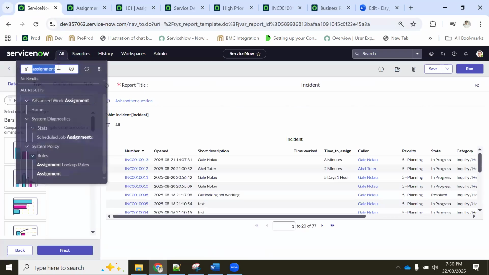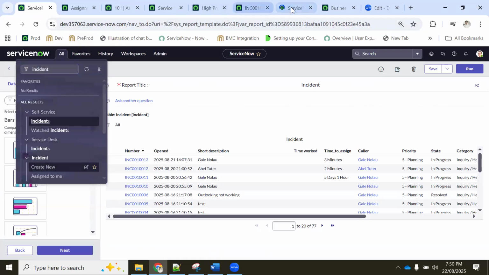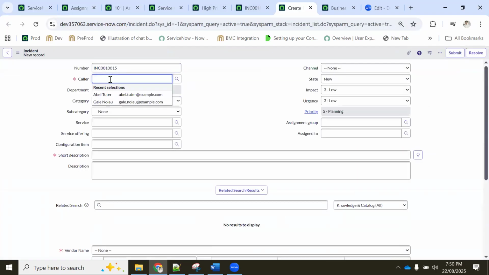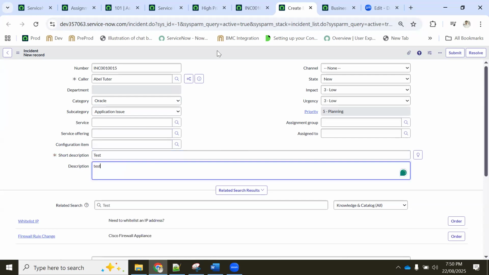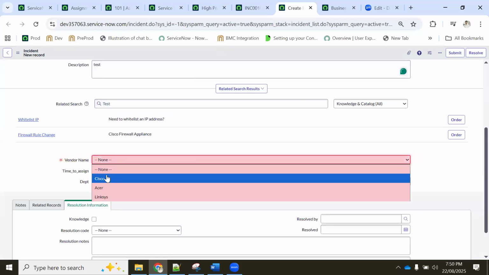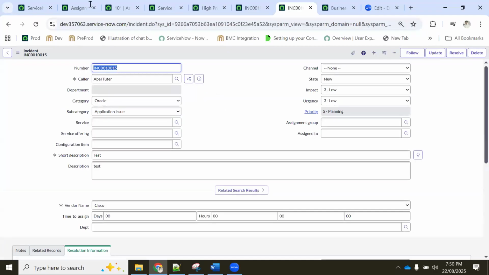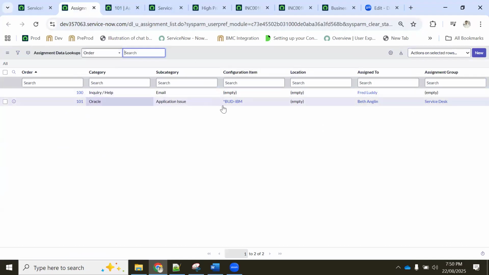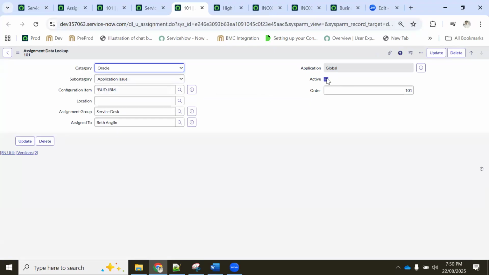Let's see whether it is going to work or not. Incident. So we are trying to create a new incident. Caller is Abel Tuter. Okay. I'm selecting Oracle, and application testing. This is mandatory. Okay, this assignment rule is active. We'll see whether it is active or not. Yeah, it is active, but